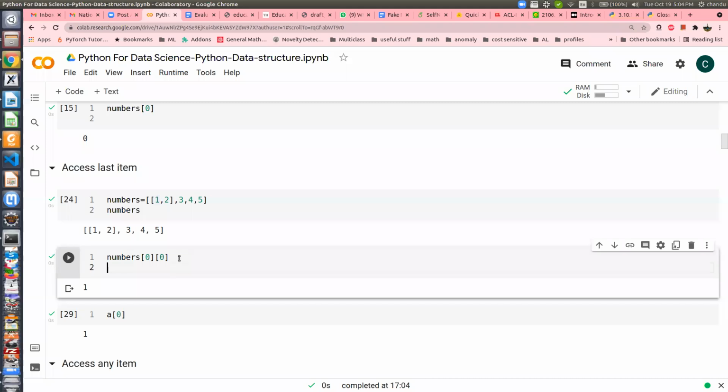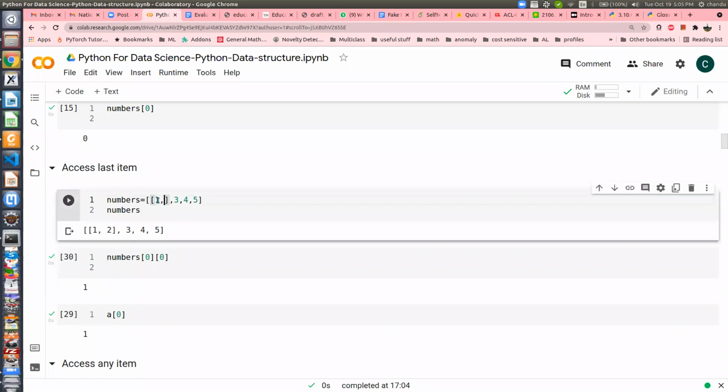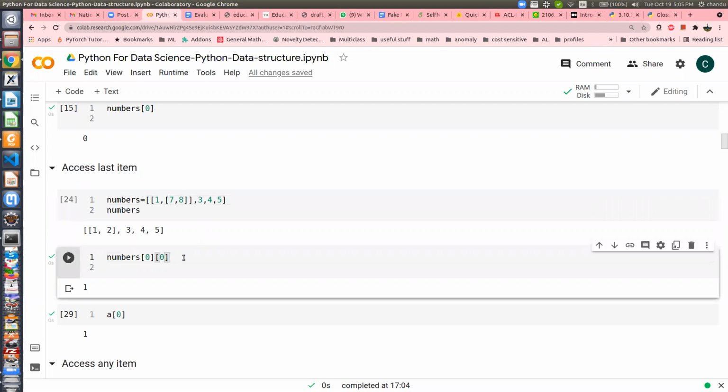Now you can access 2-level, 3-level, any level of nested list. So if I make it, let's say another list, maybe 7 and 8, you can access that one also. So if I want to access 8, what would be the command?